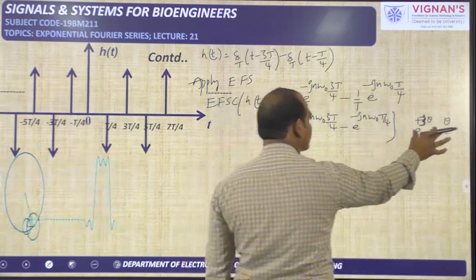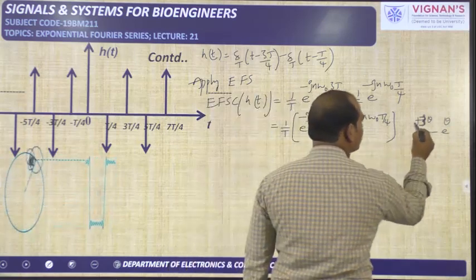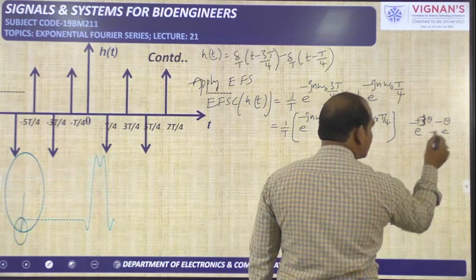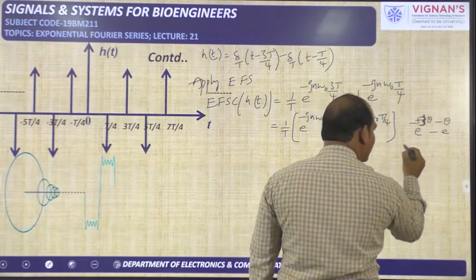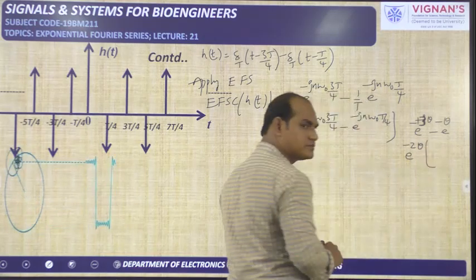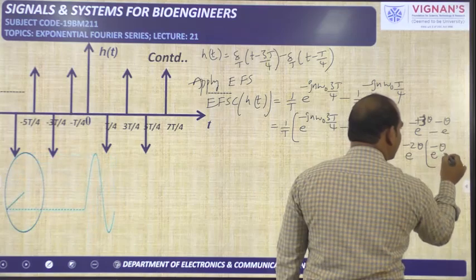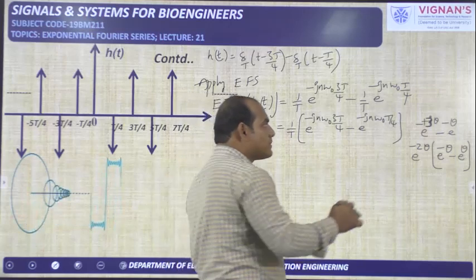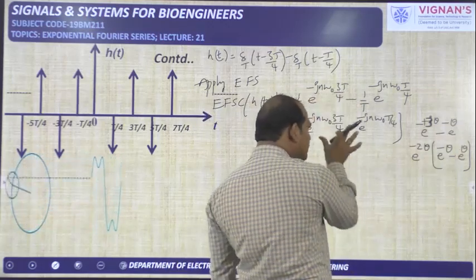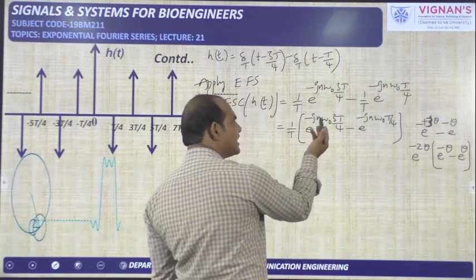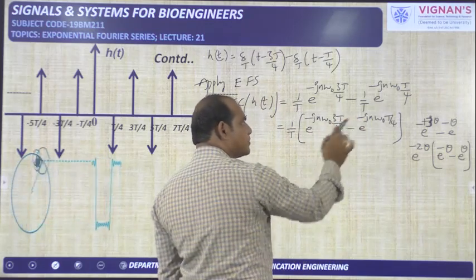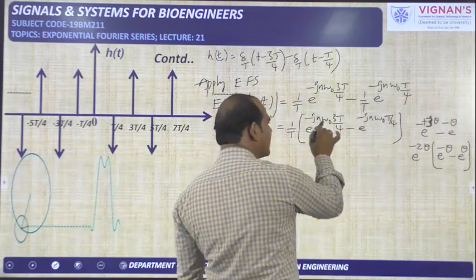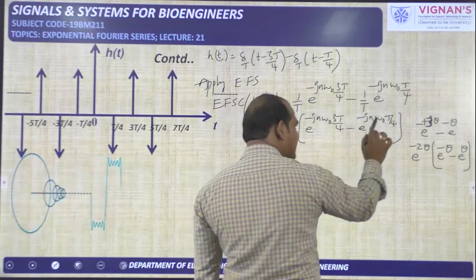So simply we can visualize it like this. Otherwise the minus you can include, this is minus, this is also minus, in order to avoid confusion. Now this one we can rewrite like this: if you take e power minus 2 theta common, what you will get is e power minus theta minus e power plus theta, like this we can get. So e power minus 3 theta minus e power minus theta looks like this one. Instead of talking in terms of e power minus jn omega naught 3T by 4 and e power minus jn omega naught T by 4, in order to explain this I am taking it like this. I have considered theta as nothing but jn omega naught into T by 4. Here also jn omega naught T by 4 is there.